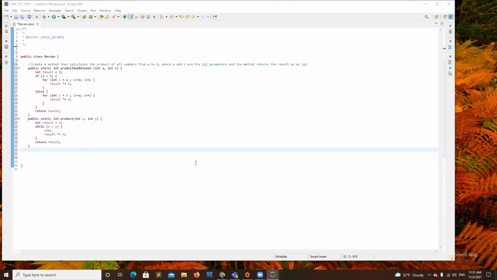When it says a range of numbers from 5 to 10, it's assuming the numbers between 5 and 10. You don't have to give all those numbers, because you can get them very easily by using a for loop or any different type of loop. Any questions? Let's do the other one.